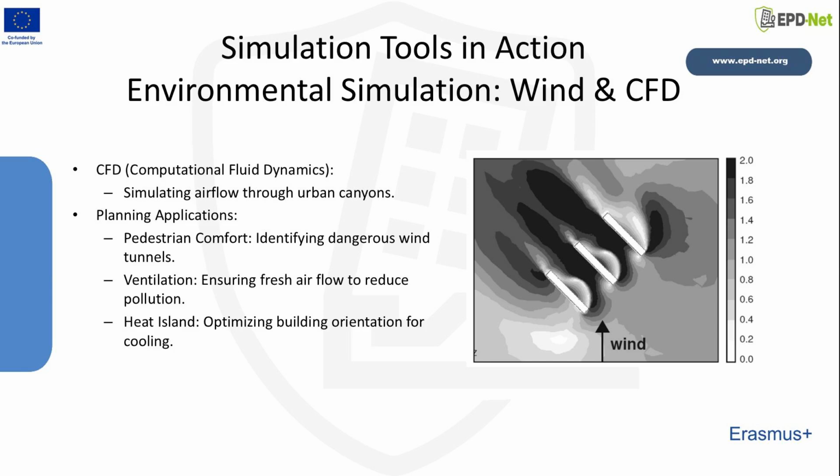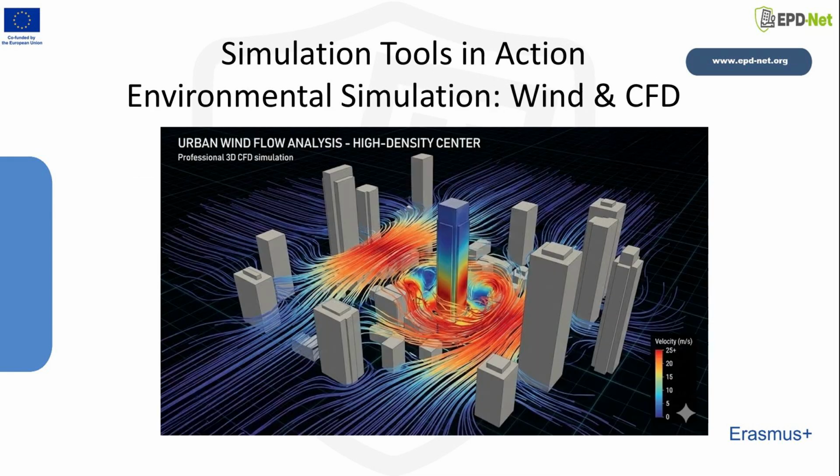One of the most vital tools for high-density urban planning is CFD, or computational fluid dynamics. As cities grow taller, buildings create urban canyons that can drastically alter wind patterns. Using CFD within the digital twin, we can simulate wind flow around proposed skyscrapers before they are built. This helps us identify dangerous wind tunnels that could knock pedestrians over, or conversely, areas of stagnant air where pollution